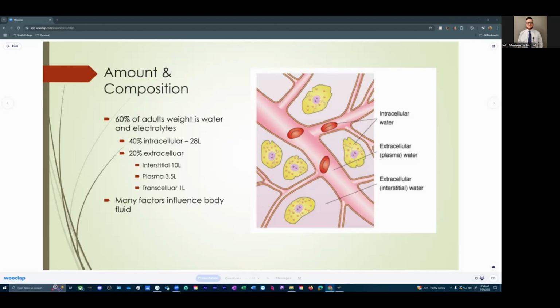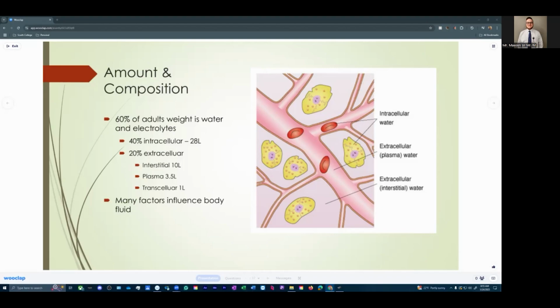Of that 60%, 40% is inside the cell, intracellular, usually labeled intracellular fluid, ICF. About 20% of that 60% is extracellular, which would be any fluid outside of a cell. If you break that down, 10 liters of it is interstitial, which is the fluid that would be in tissues. The other portion is our plasma, the fluid in our bloodstream